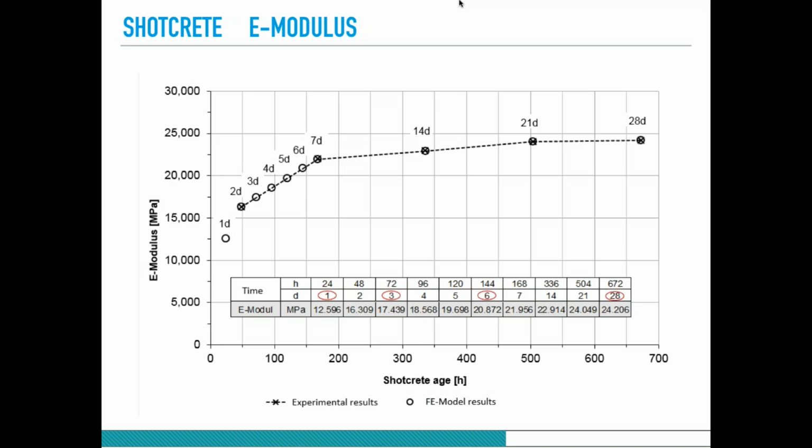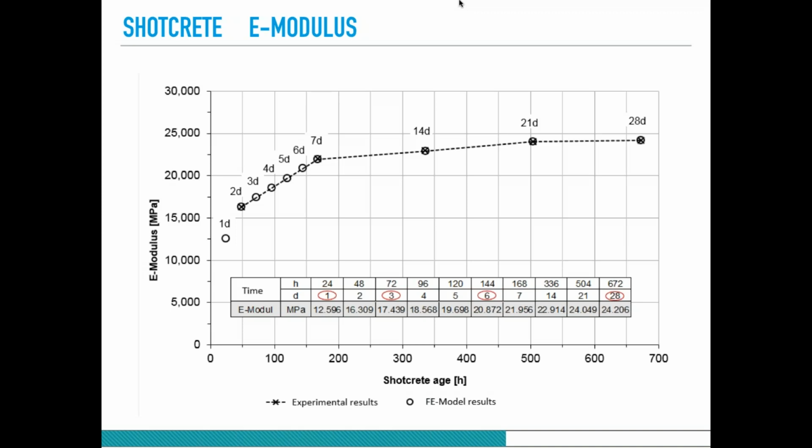Since I wanted to prevent any complication in the model, I decided to have 4 different linear elastic models, and I gradually increased the modulus to 1, 3, 6, and 28 at the end of the shotcrete age, with respect to the